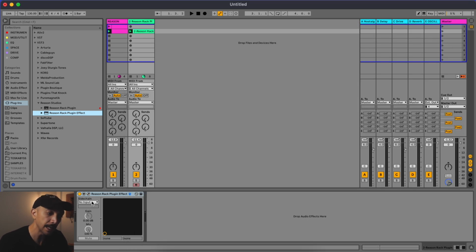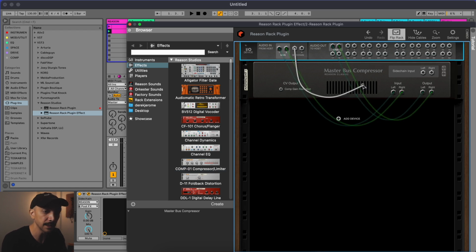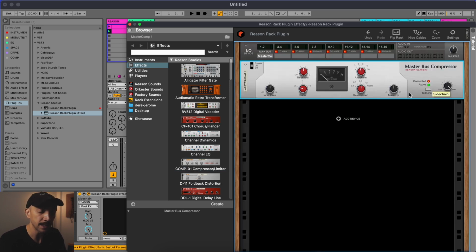Over here, you have this sidechain input. Select Reason, right? It says Reason up here. Open this up, flip it over, you've got this sidechain input. What goes into this sidechain input here is what's gonna come out here. So now you can take this and pop that in there. If we hit sidechain,